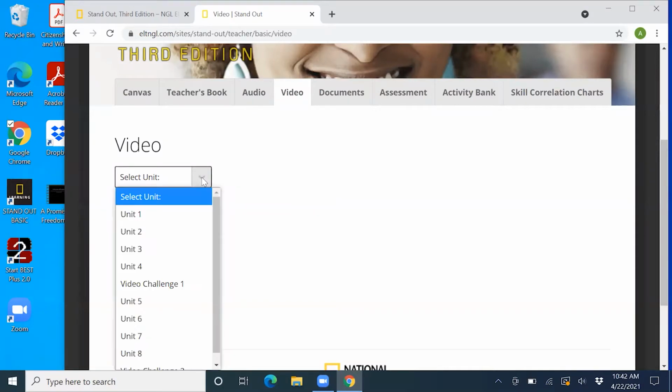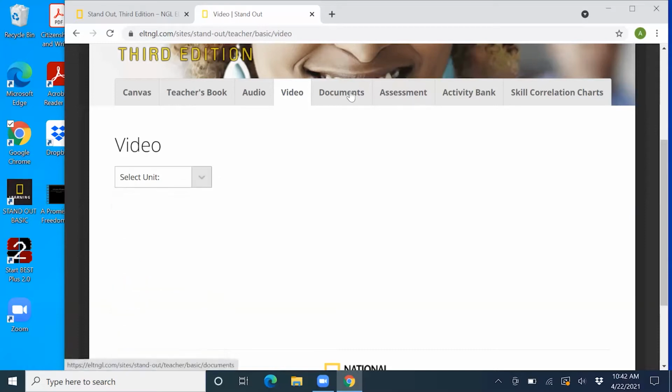And you can access the videos here. You can watch them at home before you come to class so you know what to expect. But the videos will need to be played, as I said, just the one time, so it's not something that is as important as those audios that are in every lesson. The next tab is documents,